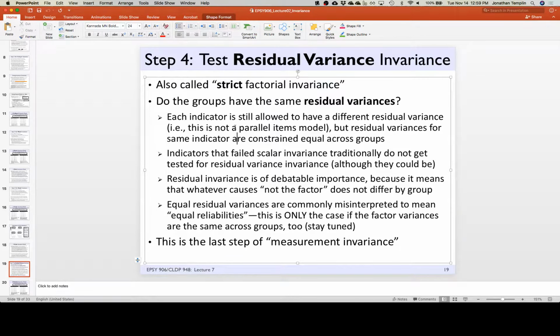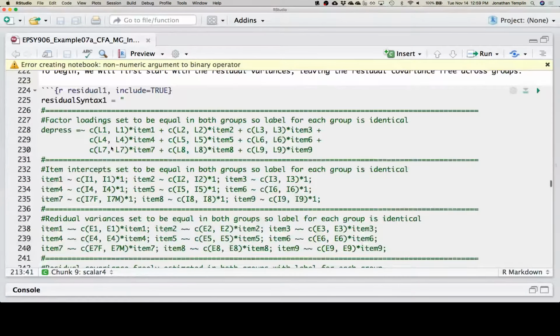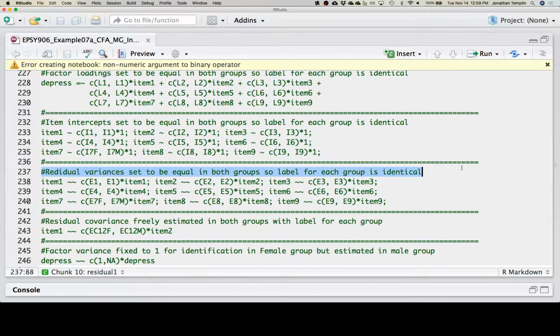So, let's see here. How do we test it? The same way that we tested it before. Now we go to the residual variances themselves, and we constrain them to be equal. There is one caveat, though, and this is a caveat that would have carried through from the very beginning, but none of our items were non-invariant. Everything was found to be invariant when we looked at factor loadings. But anytime you find an item that has a factor loading or an item intercept that's non-invariant, where you have to estimate it differently for the group, in factor analysis there seems to be sort of, I don't know if it's a debate or a tradition, it depends on who you talk to, but oftentimes